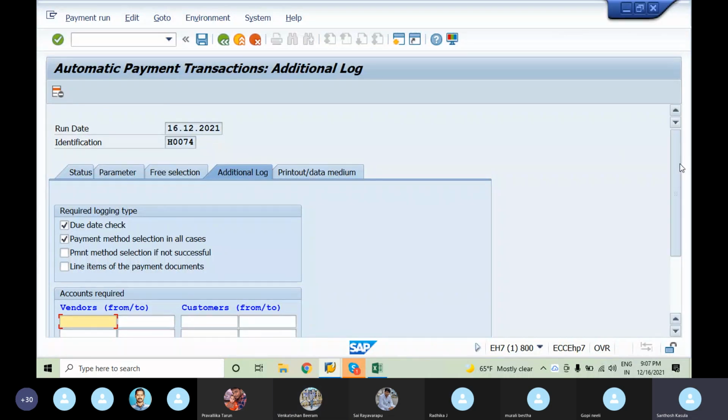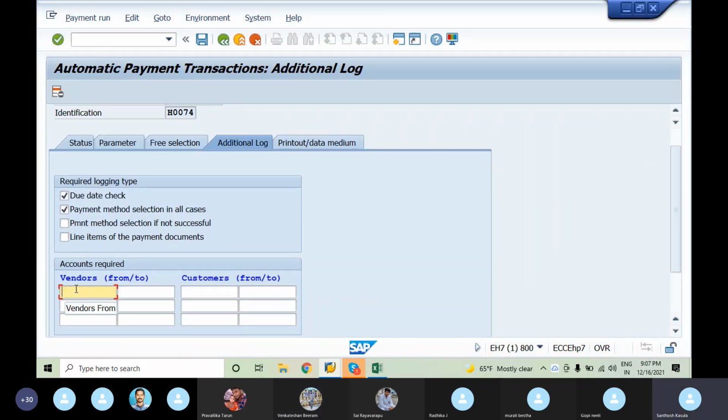I think this is not mandatory. Just check the vendor line item.